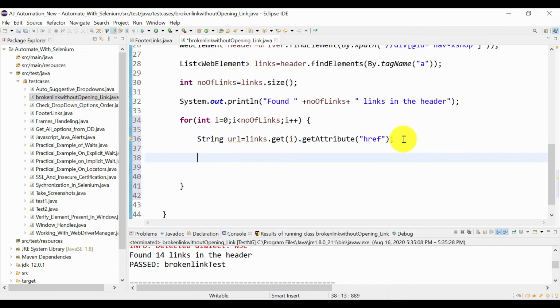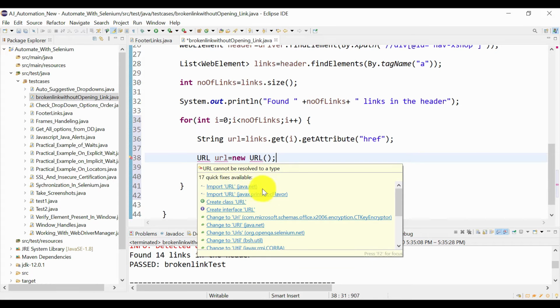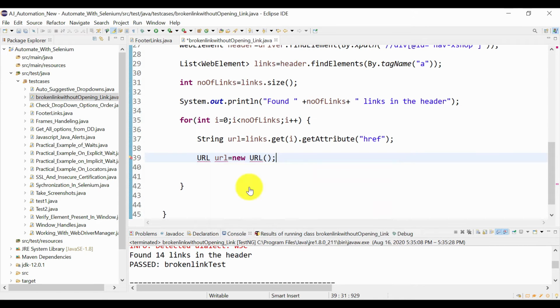Now you need to create the object for URL. URL equal to new URL. This is the class, and you need to import it from java.net. You need to pass this URL as an argument to the constructor of this URL class.